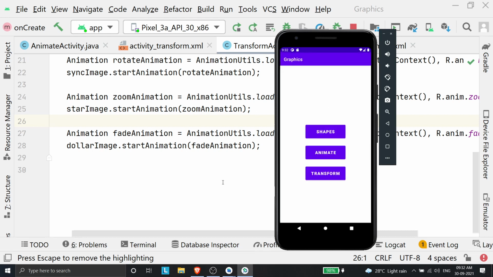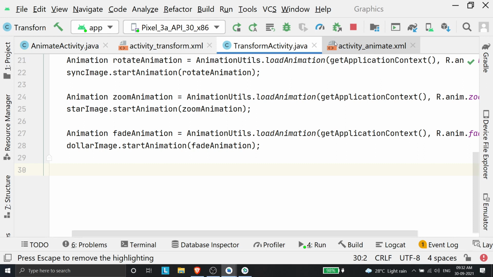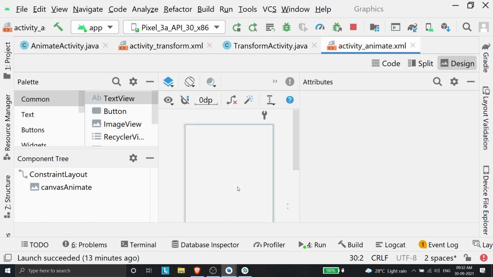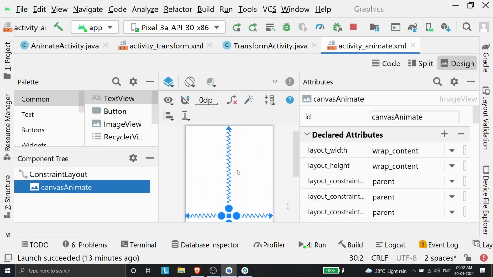So that's basically it. So now we'll move towards the animations. For animation, we were supposed to draw a car or import a car image or whatever, and then animate the car. The car should go from left to right. So I basically drew the car myself. We can also import the car, I think, but I don't know. I just drew the car myself. Since I drew the car myself, I have a canvas, and I do not have any component inside the UI window. I just have an empty image, similar to how I created it for shapes activity, because I'm going to draw everything myself. So the UI is only this much. There's nothing else.